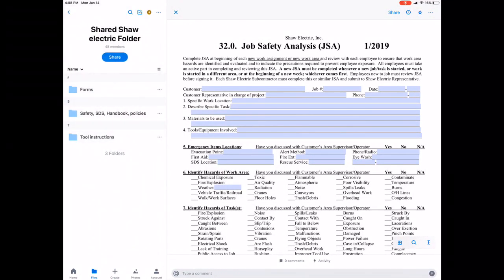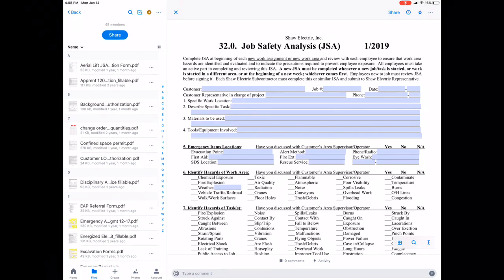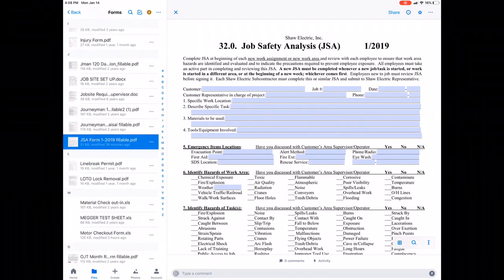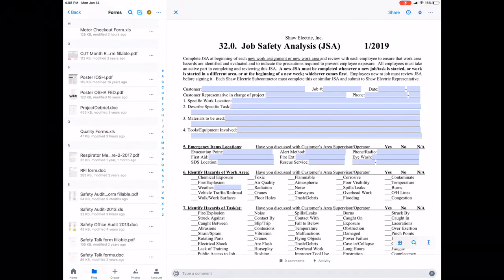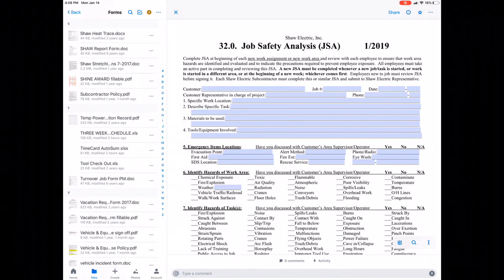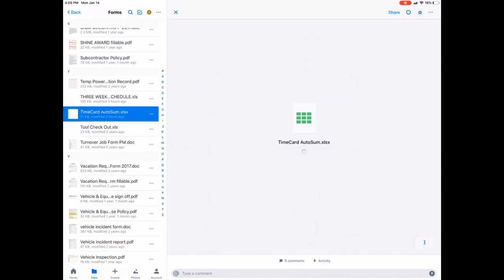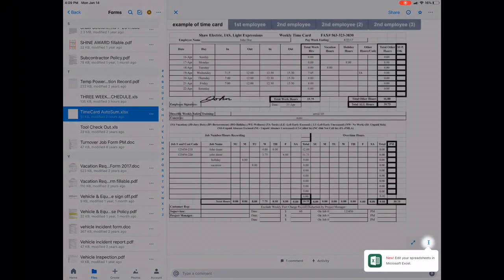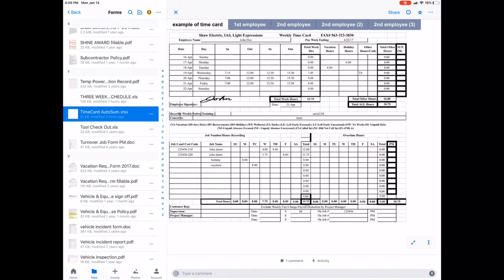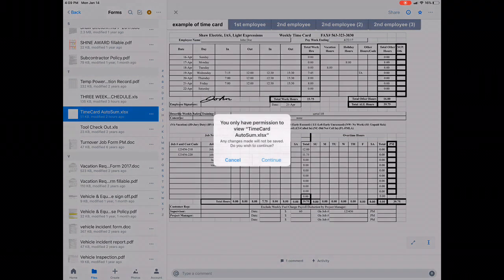You might have to go back or whatever and go to the shared Shaw Electric folder, go to Forms. If you scroll down to the T's and look for time cards, right there, time card auto sum. Touch that. It'll show up on the right, but just like before, you cannot edit it here. On the bottom right, there's an I with a line through it. If you touch that,